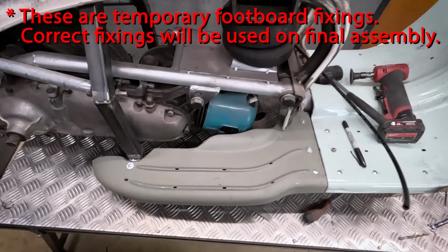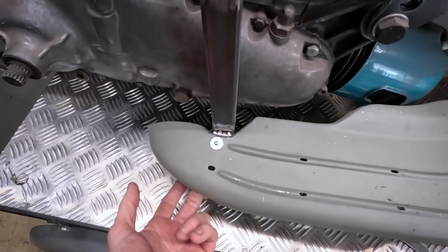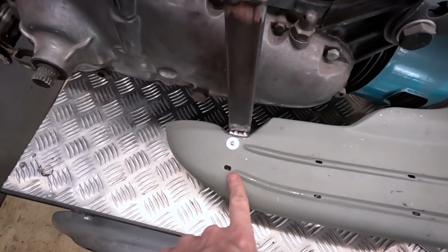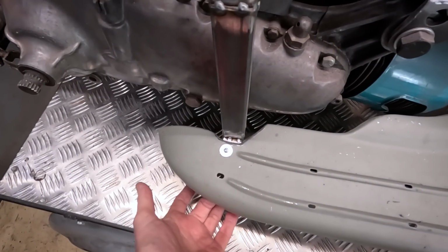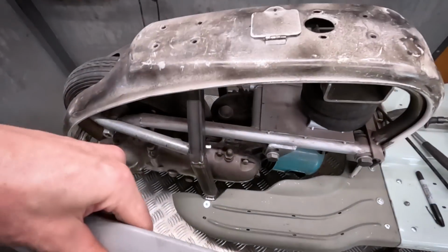Looks pretty good. What I have noticed actually is that there's a little bit missing here on the original. I think this bit comes out a bit more, so I need to weld on a little tab or bracket there just to pick up that hole. But I want to crack on and get